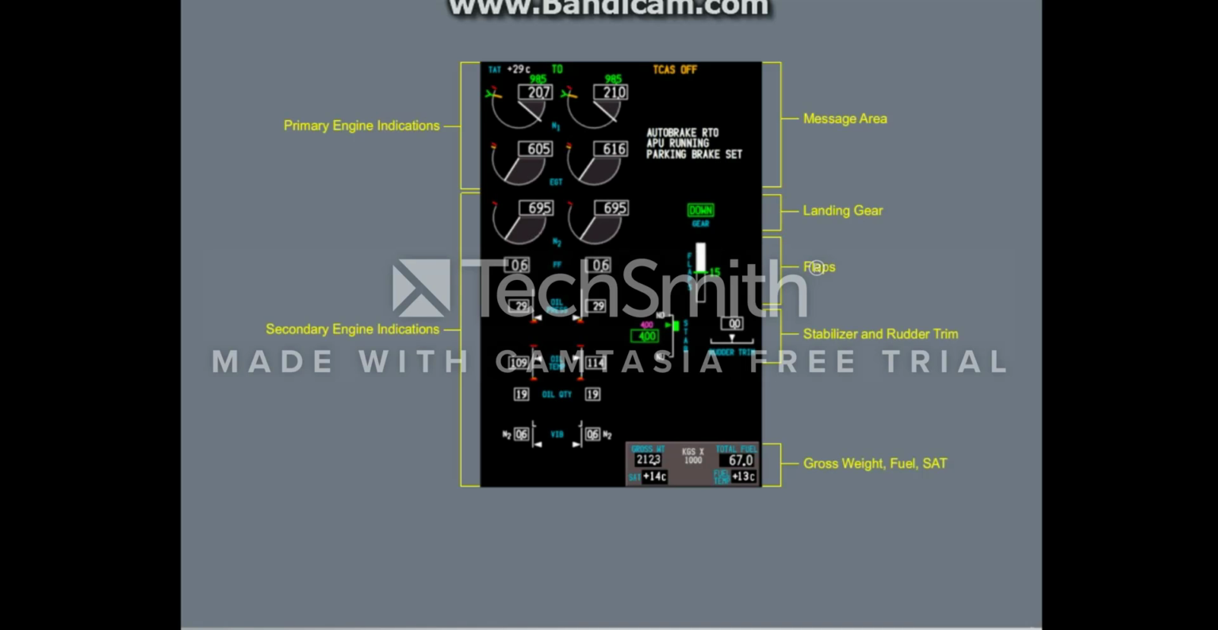Stabilizer and rudder trim indications are shown on the ground and in flight as necessary. The display's indications for the pressurization system are shown here when necessary. The traditional flight instrument